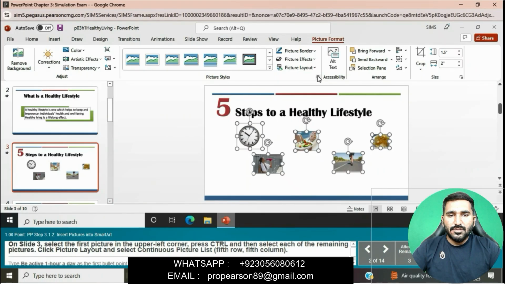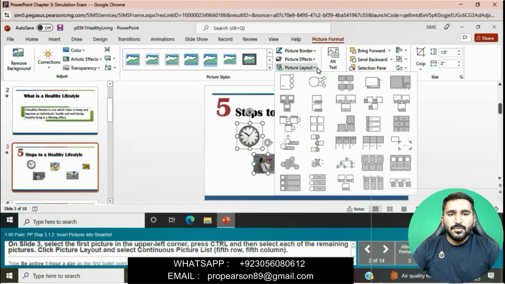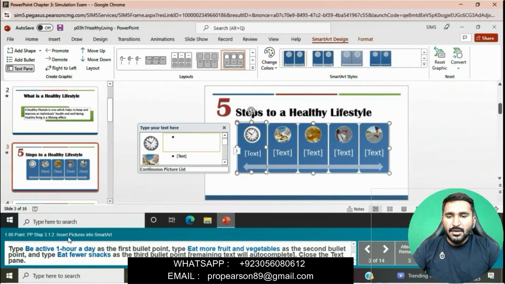We will go to the picture layout button, click on the picture layout button and then select continuous picture list. Here is the continuous picture list. Select this.